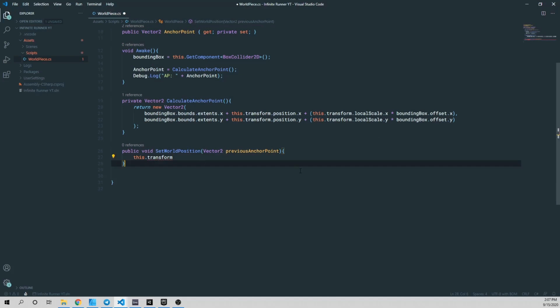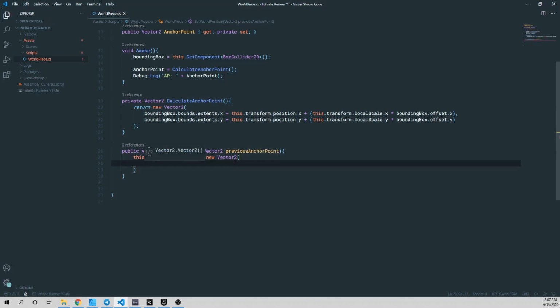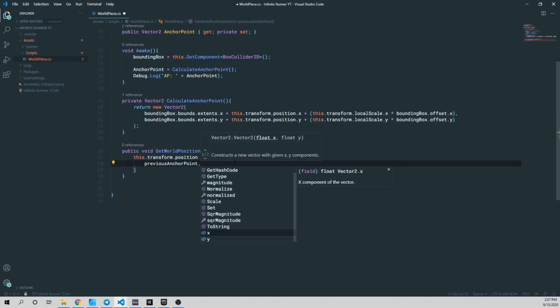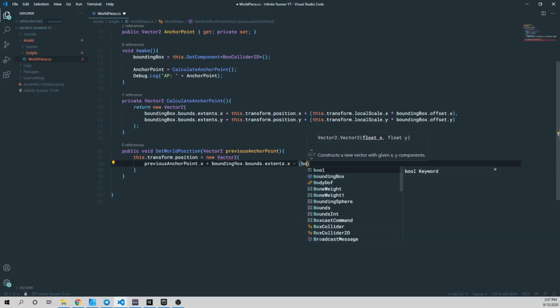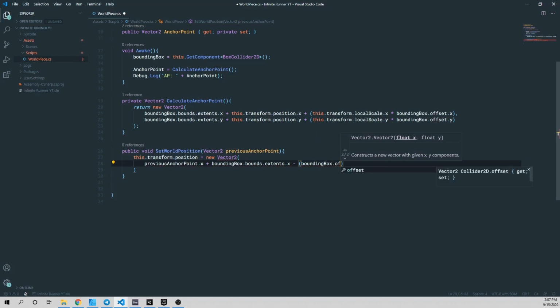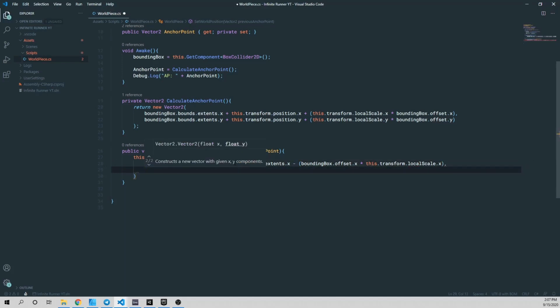Let me scroll down a bit. this.transform.position is going to be equal to a new Vector2, and it's going to say previousAnchorPoint.x plus our boundingBox.bounds.extents.x minus parentheses boundingBox, we need our offset, so we'll do .offset.x times this.transform.localScale.x, comma,